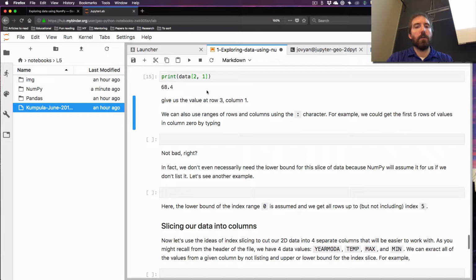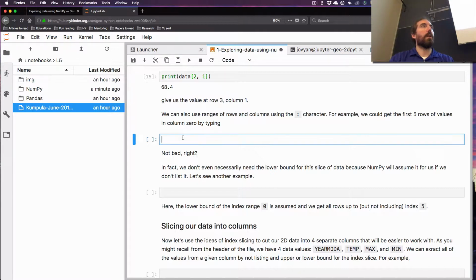And so we can print out a single value by giving 2 index values, 2 and 1 in this case as it's been modified here. But we can also get selections or ranges of values out of one of the indices by using this colon character. So if we wanted to get, for instance, the first 5 rows for column 1, and I've called it column 0 here,